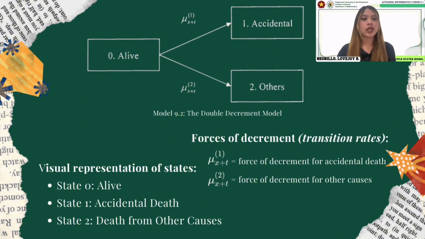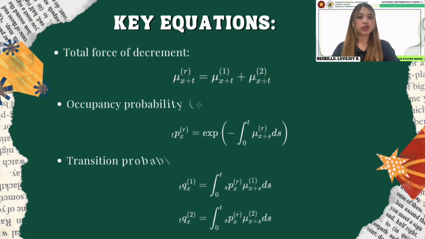First is state 1, or the accidental death, which occurs at the rate of mu sub x plus t, first decrement. Second is state 2, or the death from other causes, which occurs at the rate of mu sub x plus t, second decrement. First, we have the total force of decrement, which is the sum of these rates. This means that at any given time, the probability of leaving the initial state is based on the combined effects